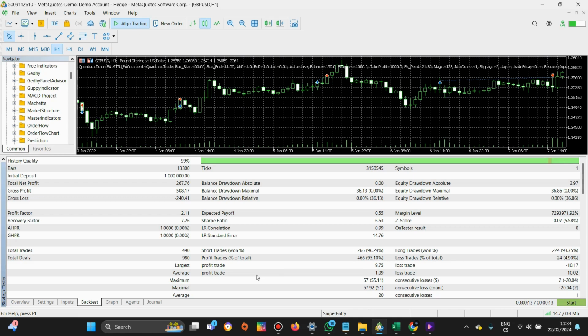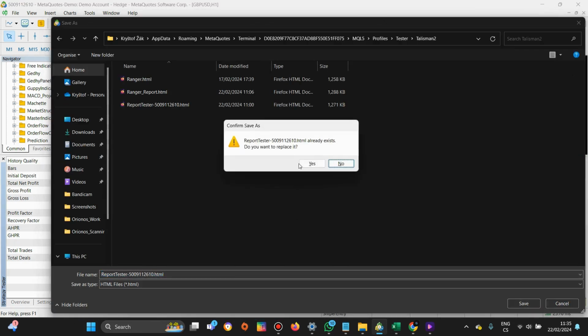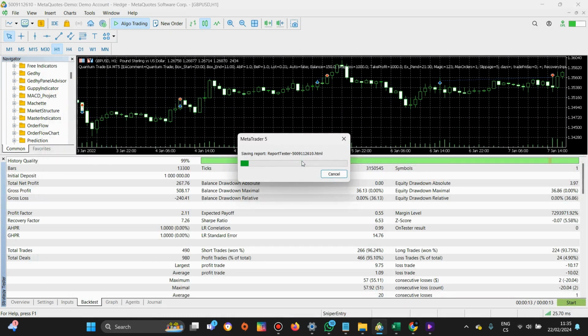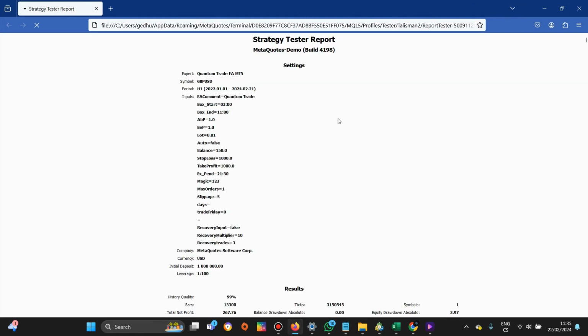But one thing that really bothers me is this average profit per position, because the risk reward ratio is 1 to 9. If you lose 1 position, it's equal to winning 9 positions. That's something that comes into play as we progress in this video. So I will save this report and open it in HTML, so we can check the report once again later. So this is the report.